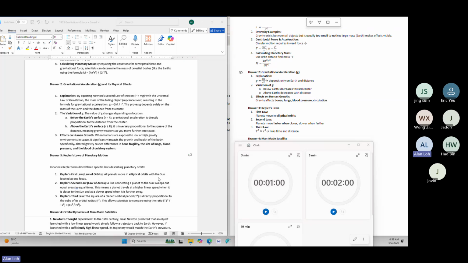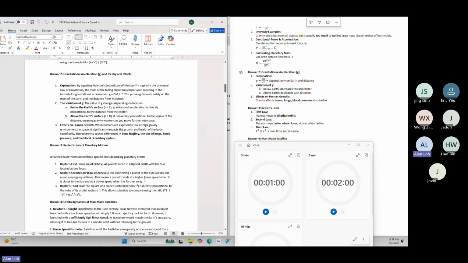Right, time's up. For Kepler's law, you have 3 laws. How do I remember this? Or how do I understand this? You have this planet that is moving in elliptical orbits. They are not circular. That is Kepler's first law. Second law is the nearer you are to the sun, the faster the speed. So number one, they are elliptical. And number two, their speed is different depending on how near you are to the sun, right? So they do not travel at a constant speed.